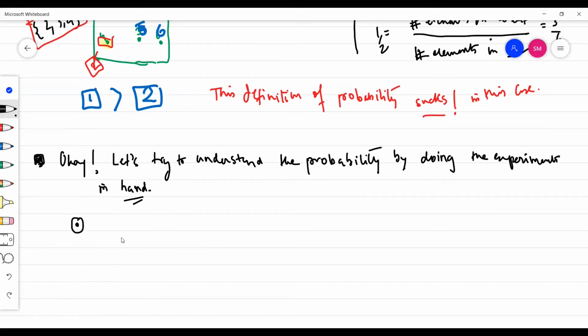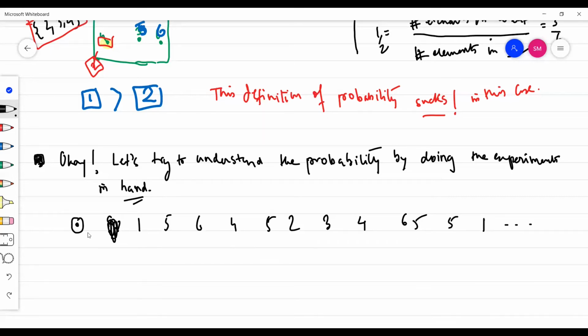If you toss these events, okay, let's say 5 has more chance of occurring. So we toss the events and we get 1, 5, 6, 4, 5, 2, 3, 4, 6, 5, 5, 1,